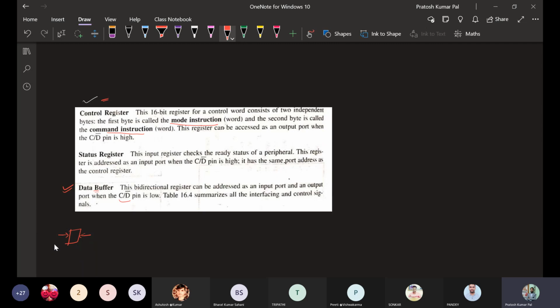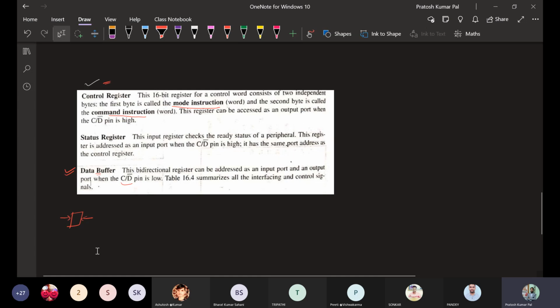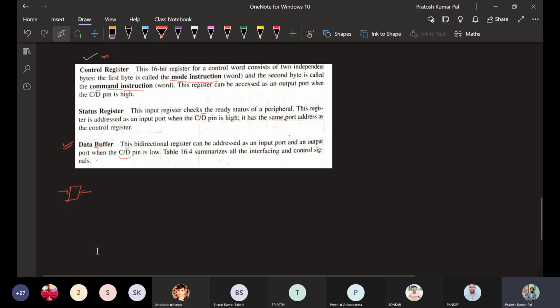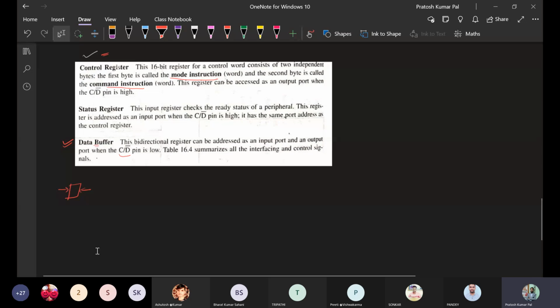Next we will see how we can select these registers. Whenever data needs to be written or read, if the microprocessor wants to read data from the 8251 or write data to the 8251, how should the control be converted so that the microprocessor is able to read or write?